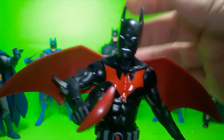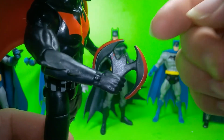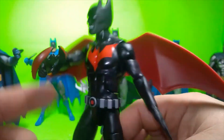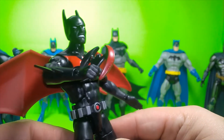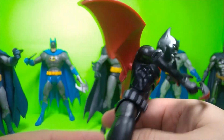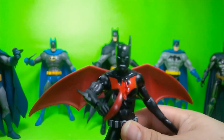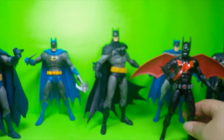As you can see, there is his Batarang looking really different, and the wings in the back attached to him, and it doesn't look out of whack, especially when you have them displayed together in the shelf. So, you know,